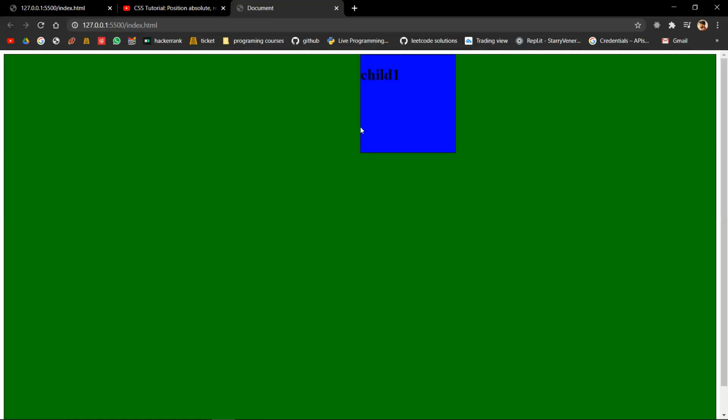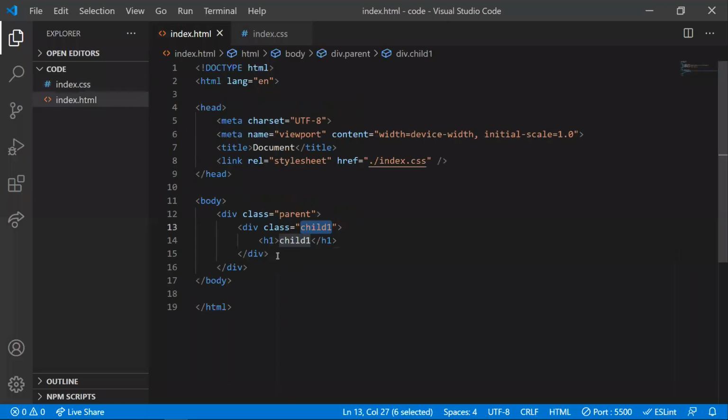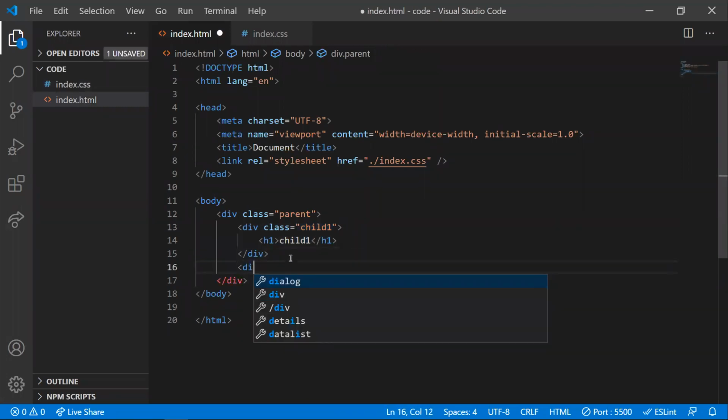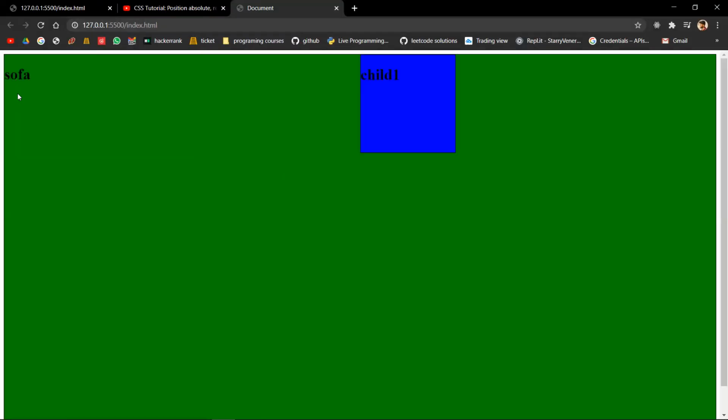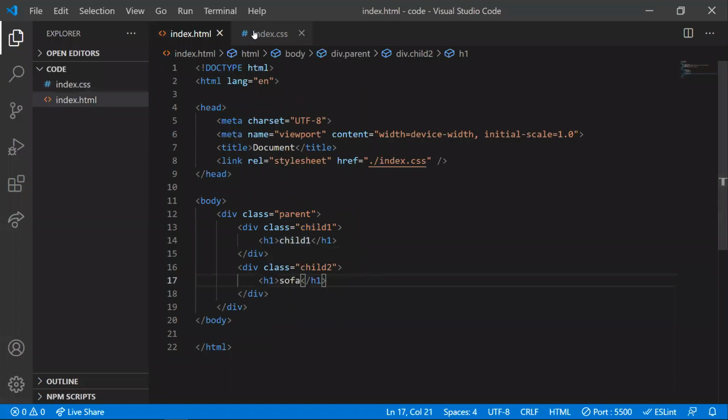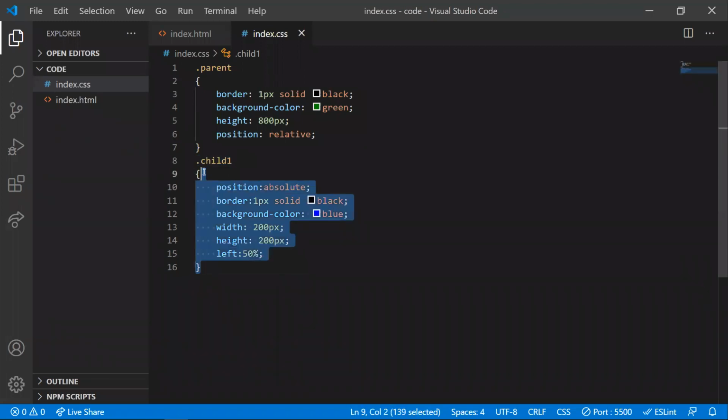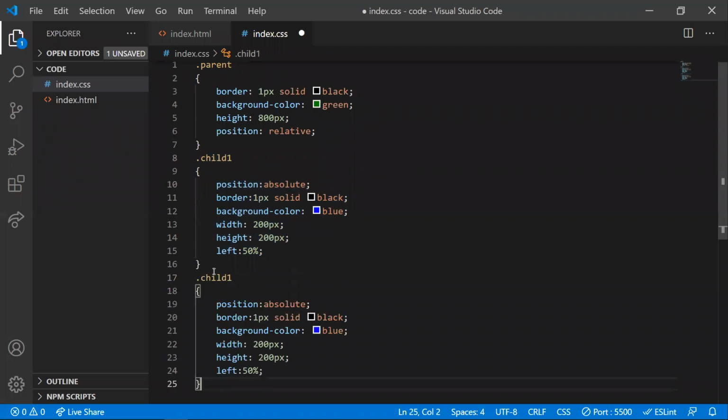Now if I want to add a sofa, same thing, and if I name this child 2, and give it as sofa, we have a sofa. Now let me do the same thing but let me change the class, change the color to red, and let me remove this height.